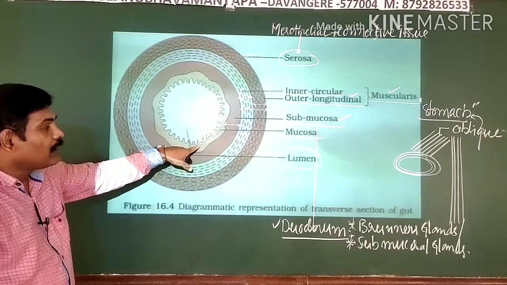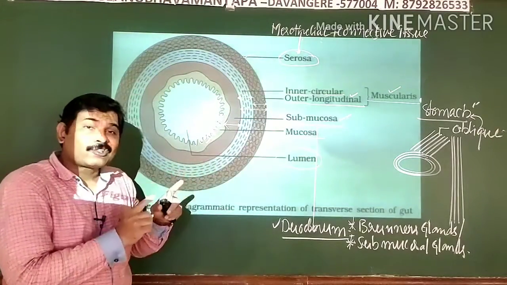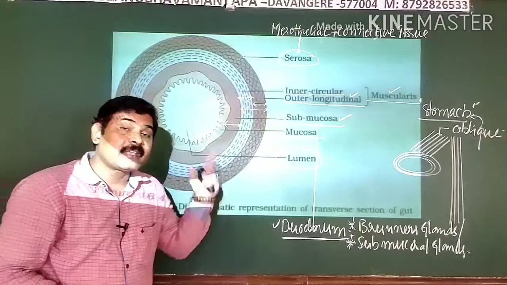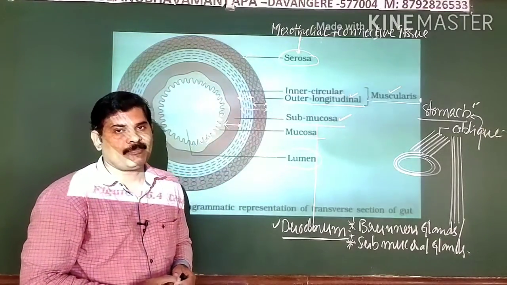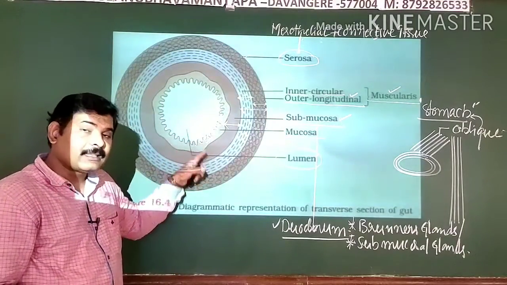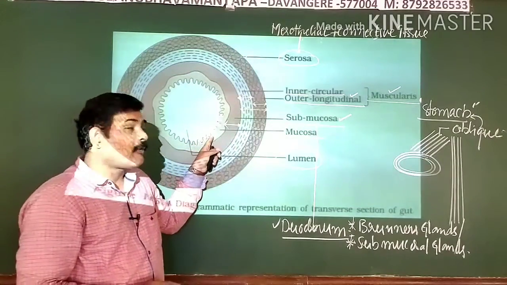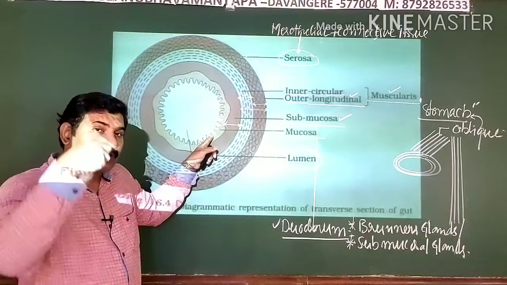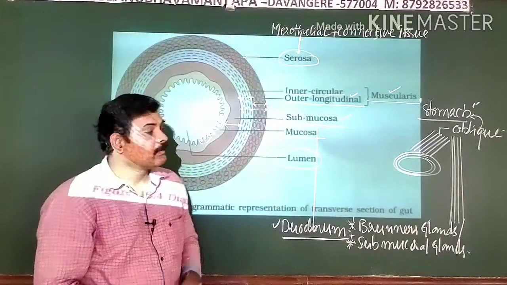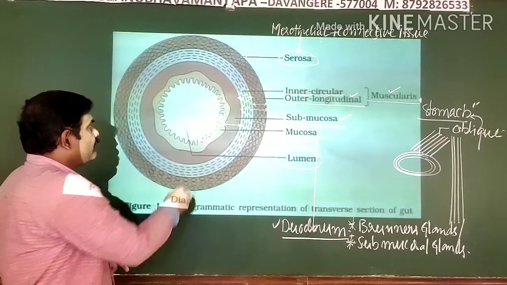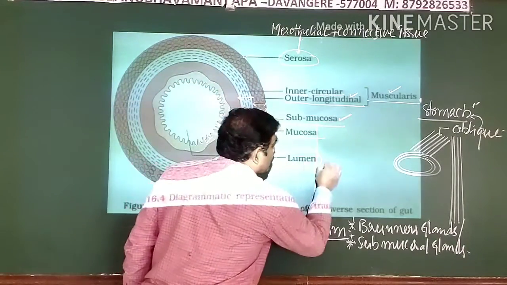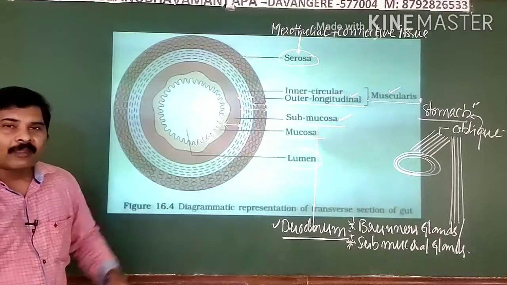These are known as gastric rugae in the stomach. If it is the alimentary canal, that means the small intestine, in that case these folds are known as villi. So they have given 2 different names based on the location. If they are present in the stomach, they are known as gastric rugae. If such folds, elevations and depressions are present in your small intestine, they are termed villi. So this is all about the 4 important layers. At the center you can see the spacious canal, which we call the lumen of your alimentary canal.